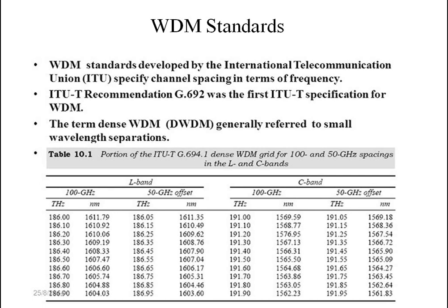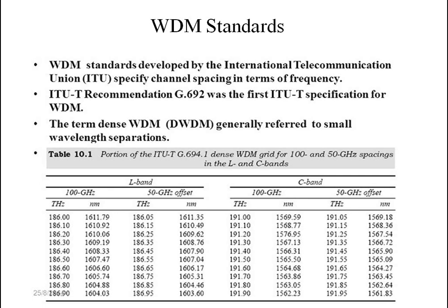Note that when the frequency spacing is uniform, the wavelengths are not spaced uniformly because of the relationship which we learned just now, that is delta nu is equal to c by lambda square times mod of delta lambda. So that is why, when the frequency spacing is uniform, the wavelengths are not spaced uniformly, because the frequency spacing is inversely proportional to the wavelength.